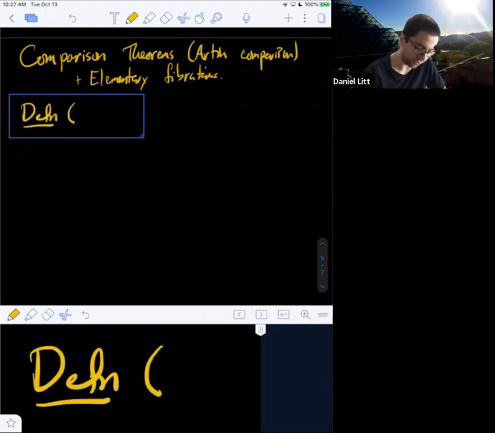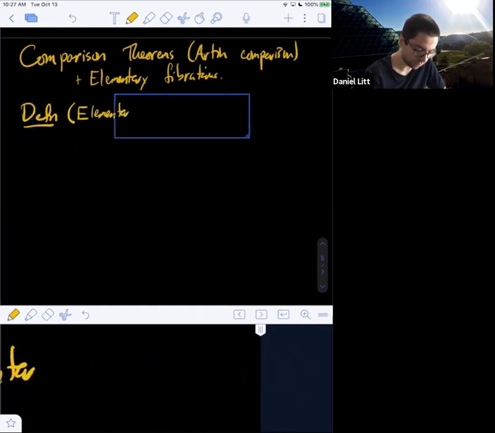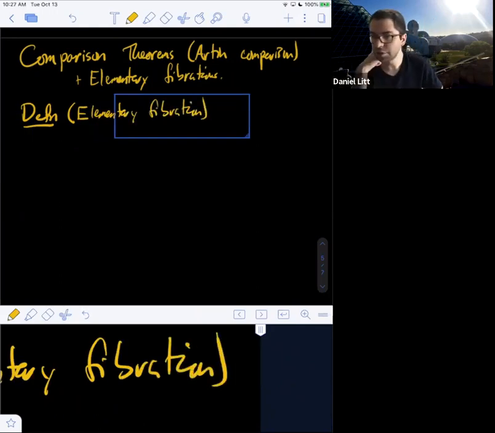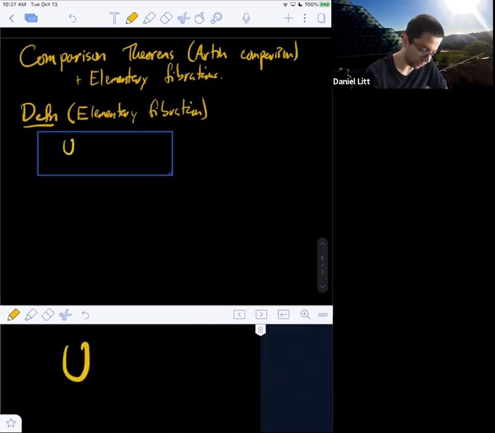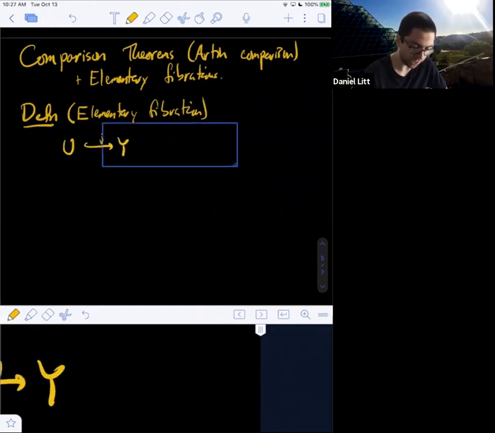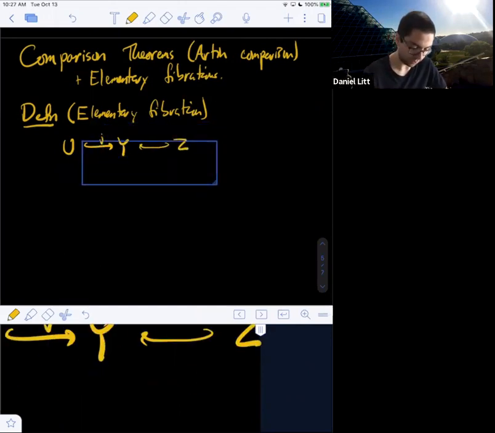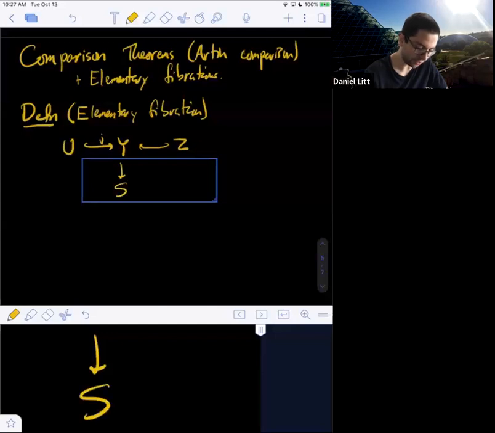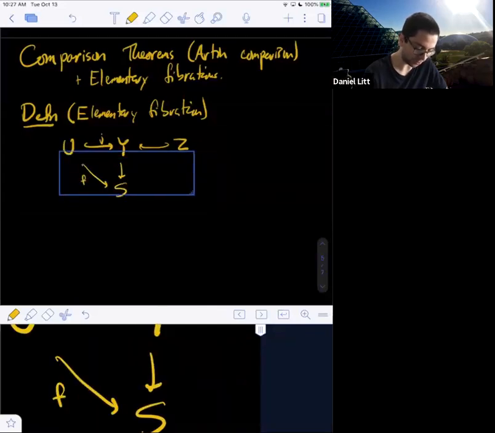So this is the definition of an elementary fibration. It's a diagram as follows. You have U, which includes into some Y via a map J, and then Z is going to be the complement. And this is all over some base S. I'm going to write down a big diagram and then tell you the properties of all the maps.